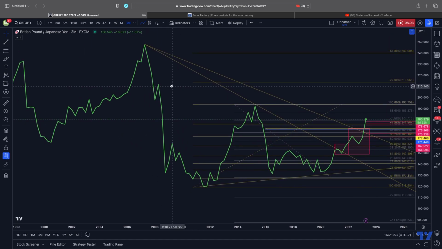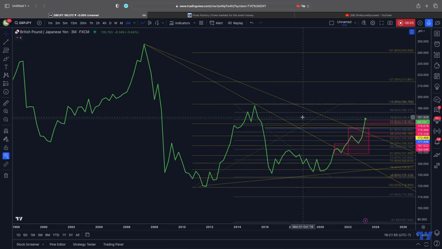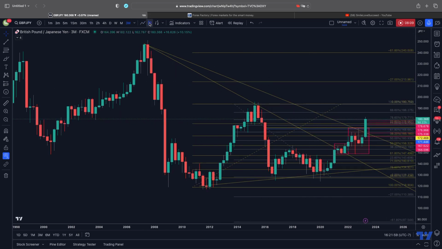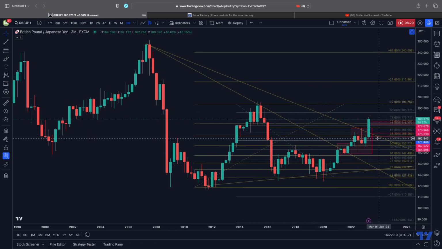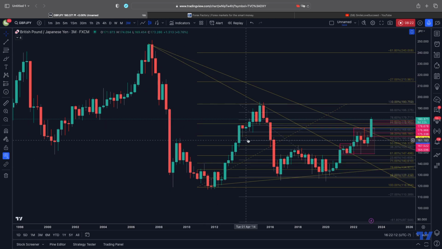Let's see here. So as you can see, I have my arrows down because we are in a downtrend. Did we come back and retest this? We came out and busted out above this, so it looks like we're no longer in a downtrend in the 3-month time frame, which is something we want to look for, because I want to see this whole W pull out. These are Fibonacci levels, harmonic patterns and things like that. And as you continue to train your eyes and can kind of see,